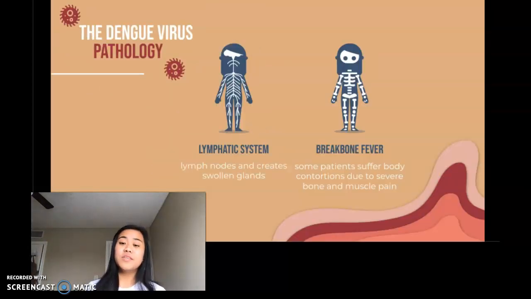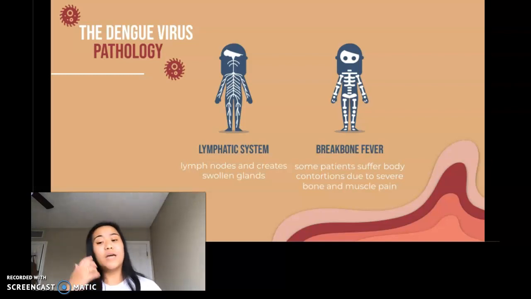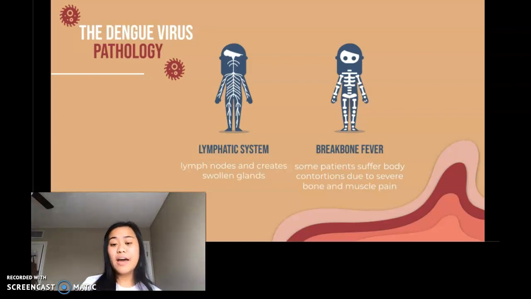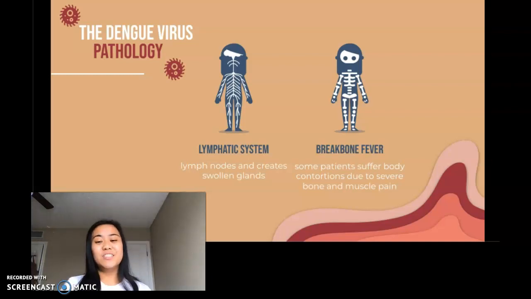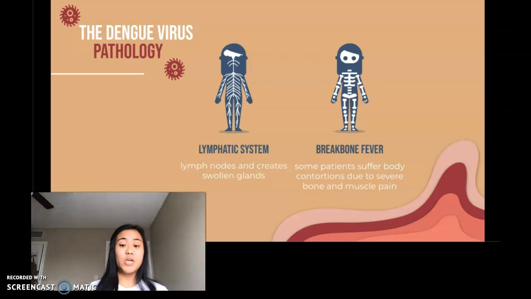So, the pathology of the dengue virus. Once it enters your host cell, it can spread within the lymphatic system, and if it gets worse, it can even spread into your blood circulatory system. When it's in your lymphatic system, it goes into your lymph nodes and also creates swollen glands. And one of the reasons why dengue fever is also called breakbone fever is